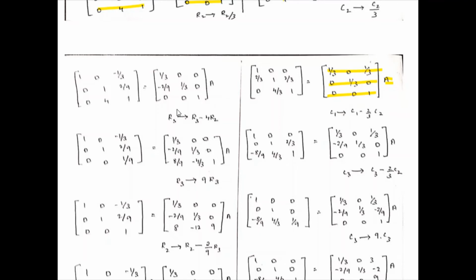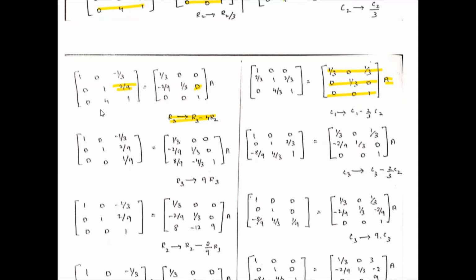Here you can either convert A12 to 0 or A32 to 0. Here A12 is already 0. So I am going to convert A32 into 0. So I am applying this operation, R3 implies R3 minus 4 R2. Here R3 is 4 and R2 is 1. While applying this operation, 4 minus 4 into 1 is 0. Therefore, A32 will become 0.